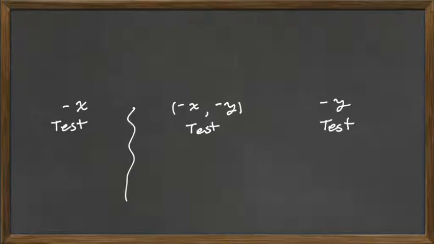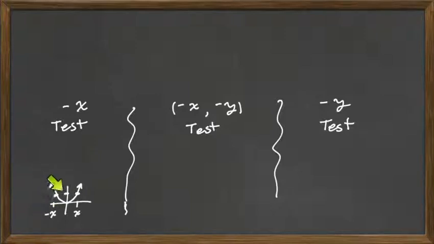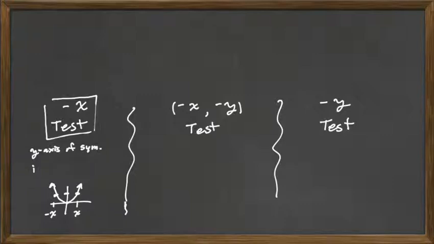Okay, for the first test, I want you guys to think of a parabola. If you were to plug in an x and a negative x in a parabola, what do you get? You get the same thing. So with an x and a negative x, you get the same y. You see, if you plug in an x and a negative x, you still get the same y value right there. So this shows us symmetry for this type of function. Okay, so this is called y-axis symmetry, but only if